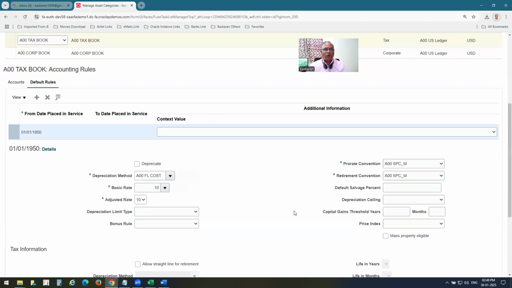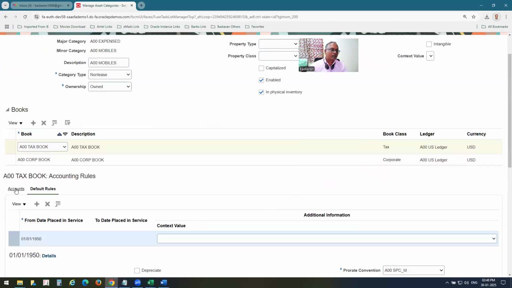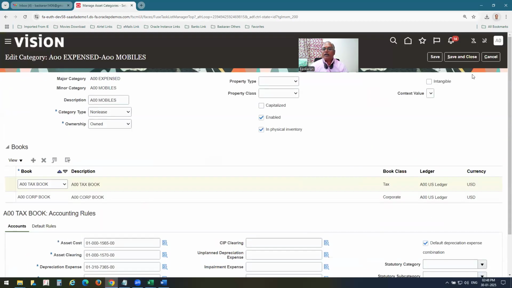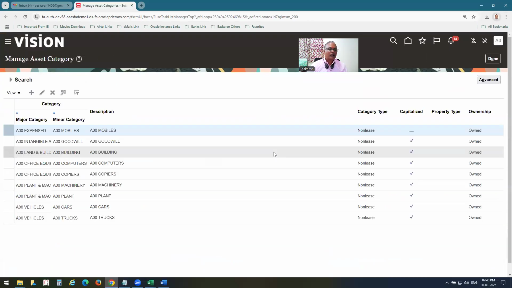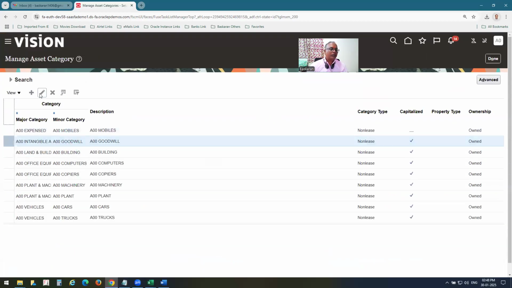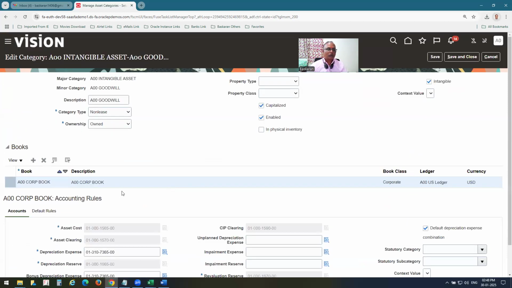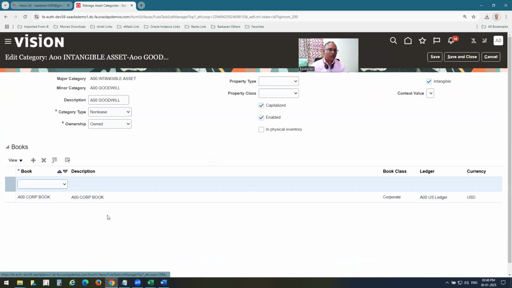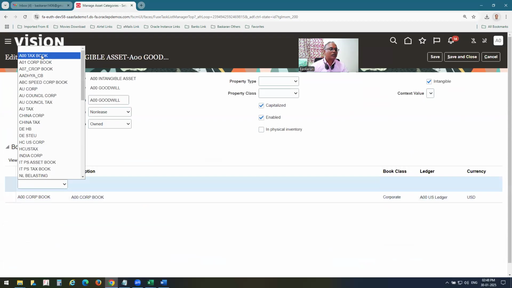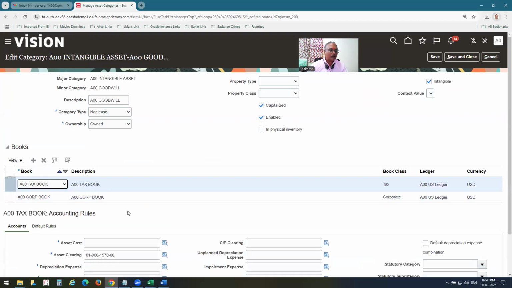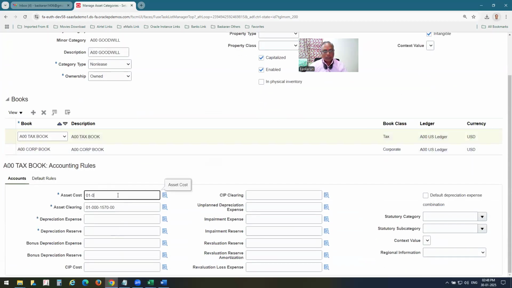Ceilings available only for tax book. Plant and copier we can play. Goodwill associated to tax book. 1565, 7365, 1665, and then